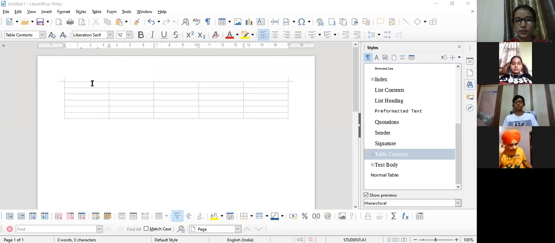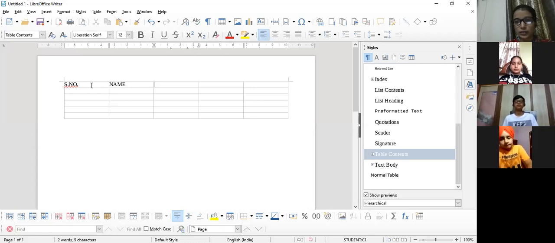And then if you want to enter data, of course the Tab key is used to move to the next cell, so I'm using the Tab key here to move to the next cell.